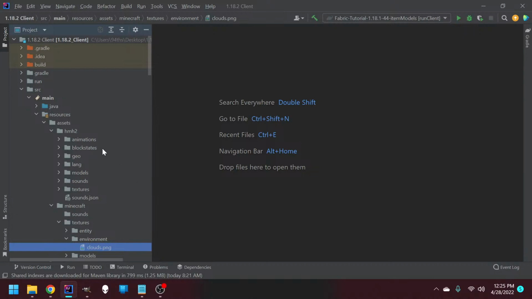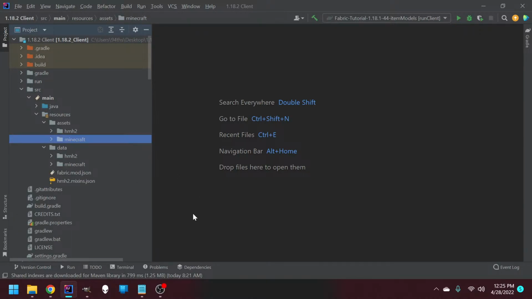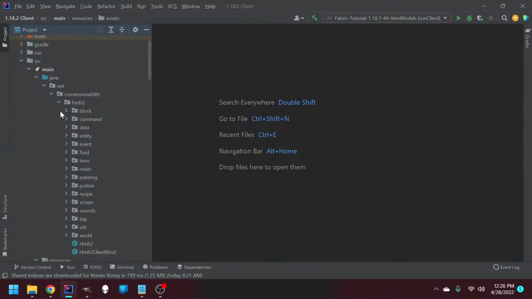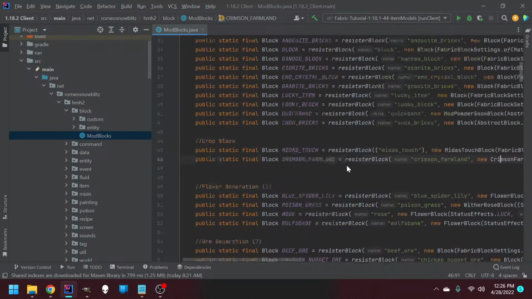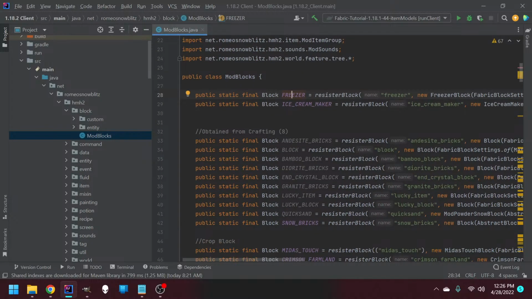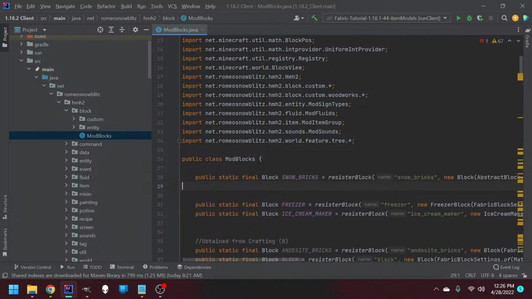Alright, so now let's try and go and make a block, basically. How do I do that? Because normally, you guys just see the finished result. I would make a block by going... oop, this is in my assets, that's why. Block, mod blocks. And usually when I'm testing something, I'll always put it at the top. And I'll usually take my snow bricks, and the reason I usually take this one at first is because,